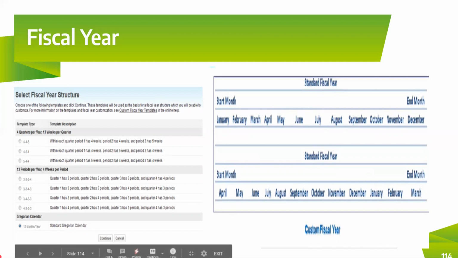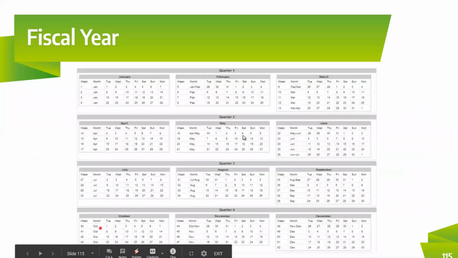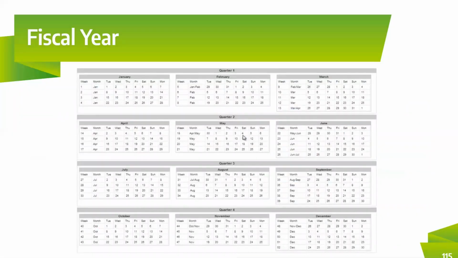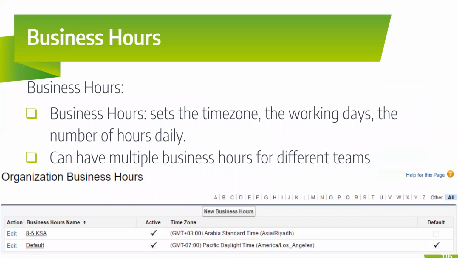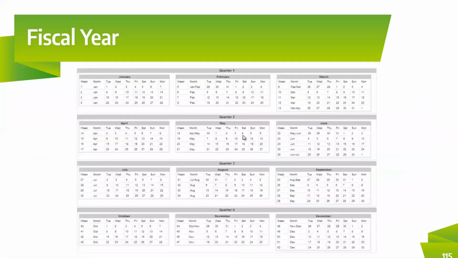When you select this, automatically Salesforce is going to take care of it. But for the remaining options, when you select them, you are going to plan accordingly. Got it? After you do this, you're going to click on the Continue button. So now your fiscal year is being set. This is how the fiscal year will be shown here. After showing the fiscal year, you have planned your fiscal year, that is, your financial year.